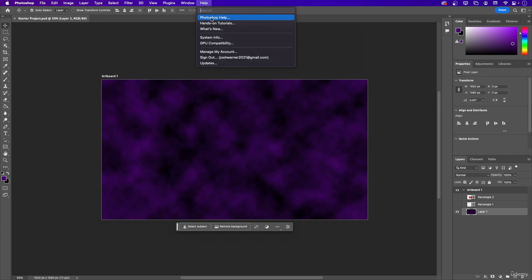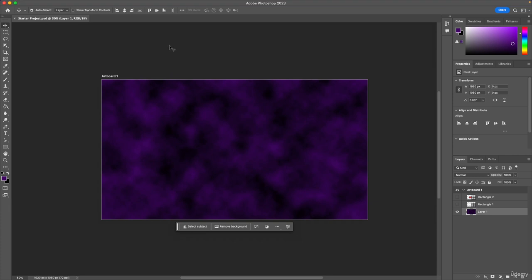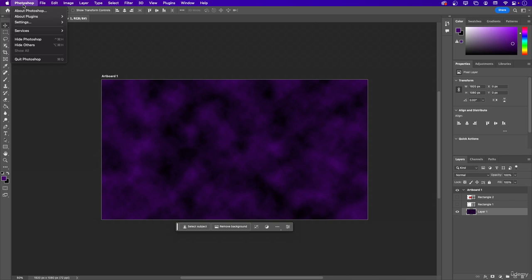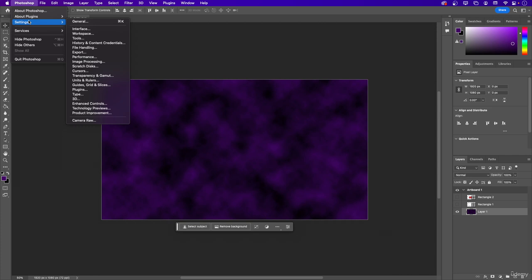So we have Photoshop help, hands-on tutorials, what's new, system info, GPU compatibility, manage my account, sign out, and updates. So that, my friends, is the main menu. And before I go, I'll talk about one more thing. We also have the Photoshop menu on Mac. On Windows, it's going to be a different interface, and it's going to connect with settings, or preferences. I call it preferences, but they changed the name, so now it's settings. We'll also talk about settings in another video so you can learn more about all of the settings that are available to you in